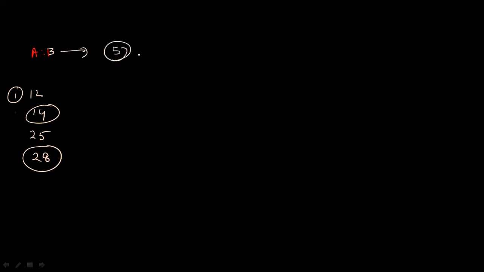Also check with 11 after adding 5. Yes. Somebody in the message told me to also check with 11 after adding 5. Yes. So you will get this if two of your answers are the same. For example, suppose the first option was 12, the second option was 14, the third option was 25, and the fourth option was 28. Suppose in this question you are getting two options which are multiples of 7. Then what is the next part? The next part is you add 5 years, and the ratio is 11 to 7. So this part you have to check. So from here you will get your solution.